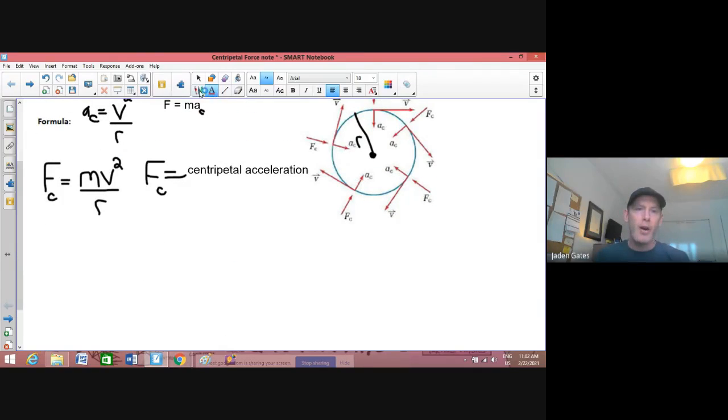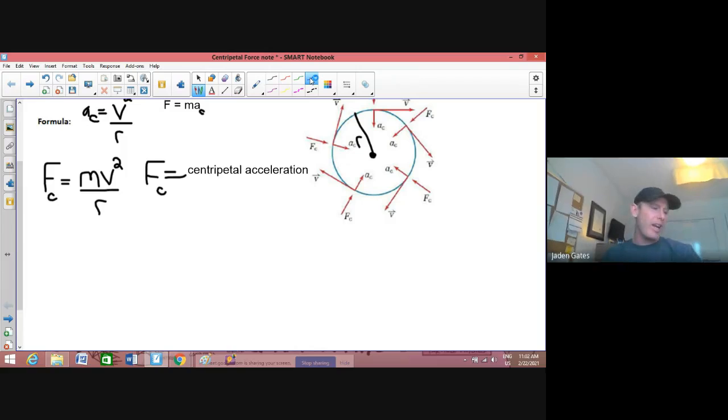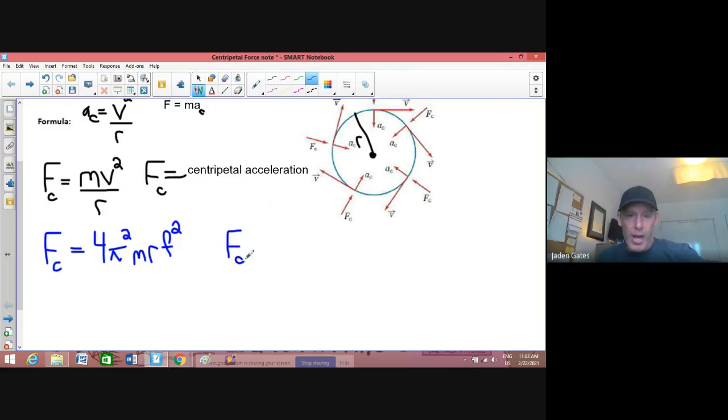Now, again, I could take those other two centripetal acceleration formulas, and just by simply multiplying them by m, like I did with this formula here, we come up with two more equations. So a centripetal force, you could say, is 4 pi squared m r f squared. So again, all I did was take our centripetal acceleration formula and throw an m in there. I can do the same thing with the other one, where I have 4 pi squared m r